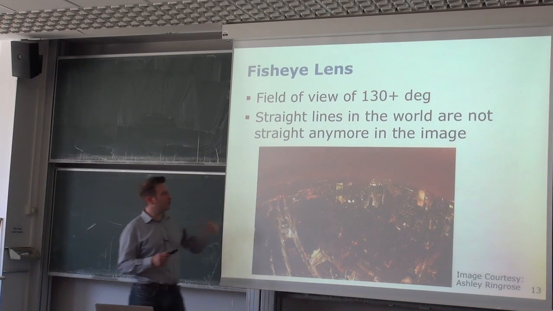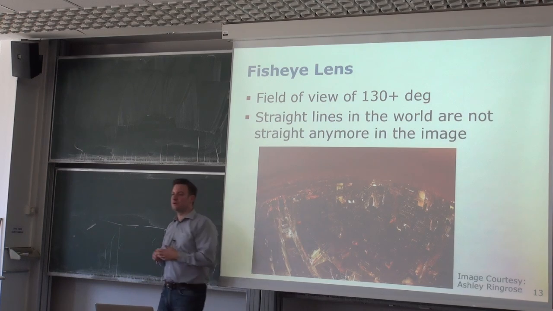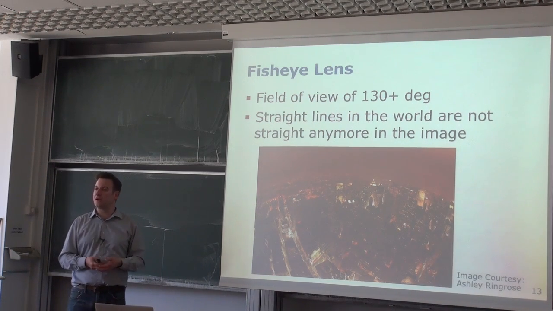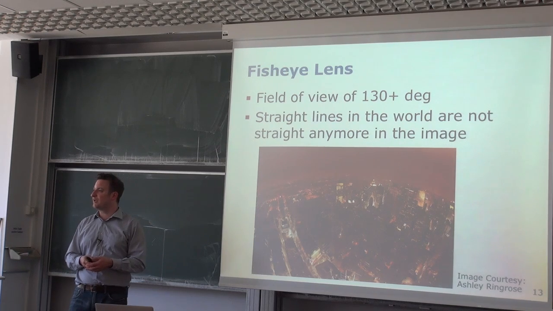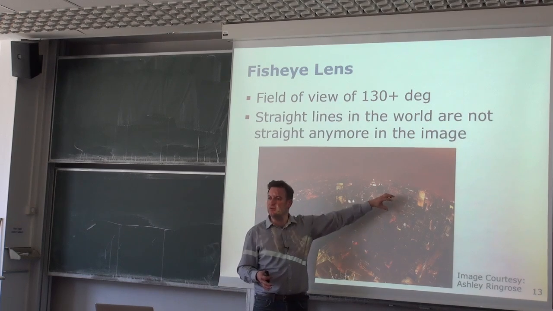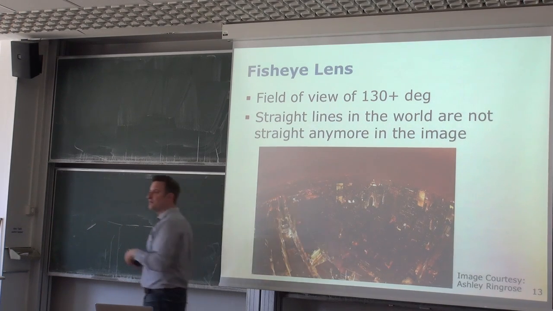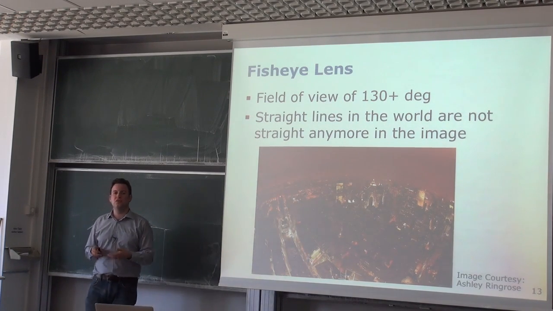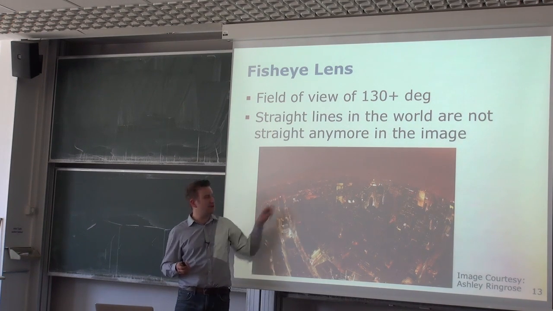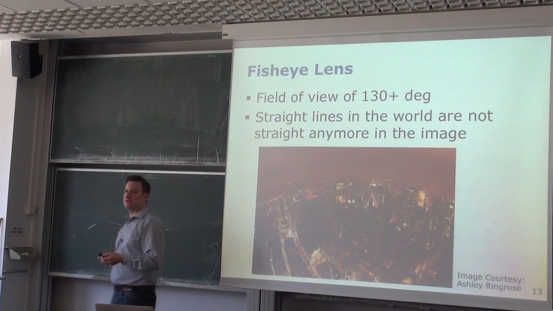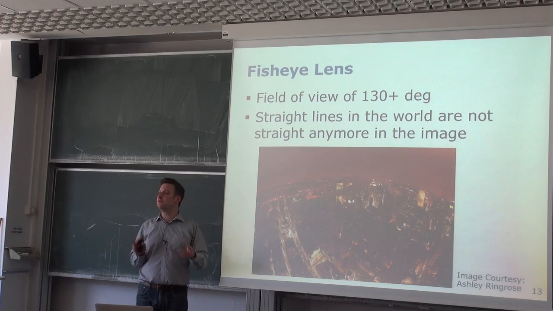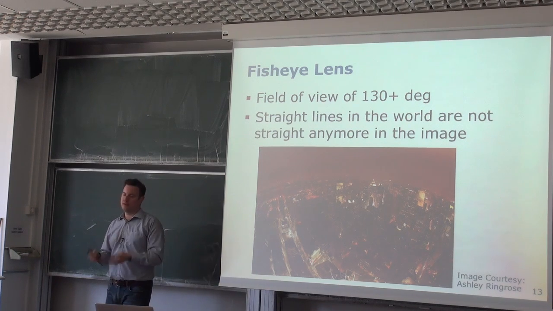The important thing is we need to know what kind of lens we are using in order to analyze our images. So the type of lens has a strong impact on what kind of images we actually get. Of course, we can apply rectifications of those images, kind of undistort those images, but this can also lead to substantial problems, especially if you want to analyze certain aspects of the image. If you look into feature extraction, something we'll do during this course, rectifying those images can also lead to problems in the